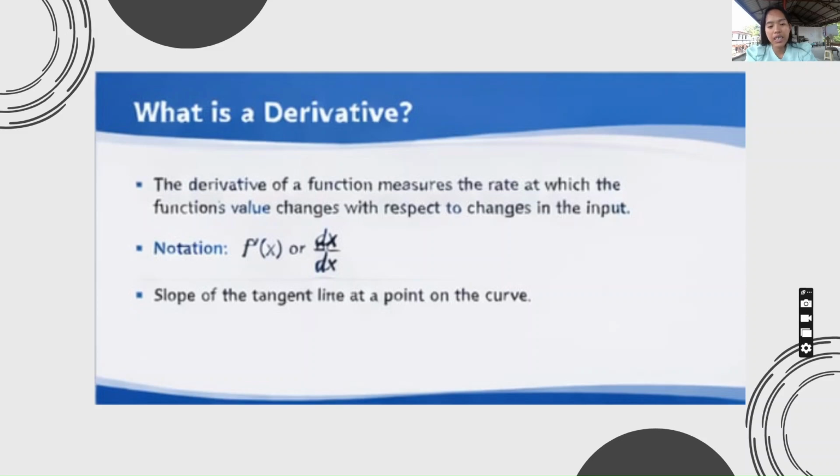Understanding this concept is fundamental because all the rules of differentiation that follow, like the product and quotient rules, are built upon this definition. So moving on,